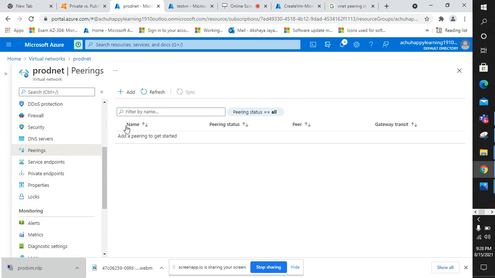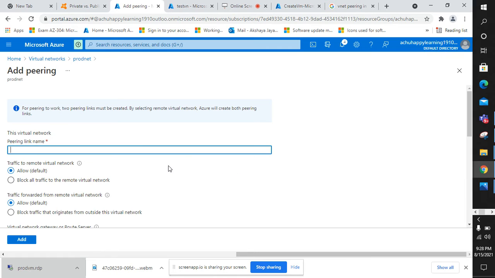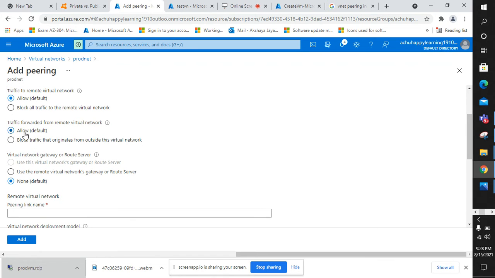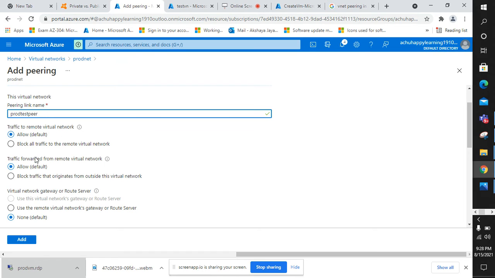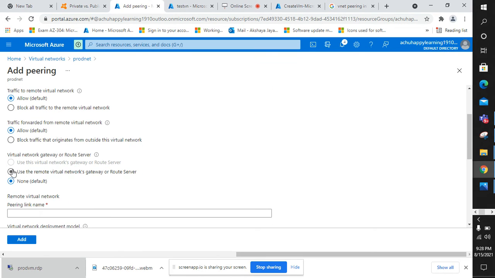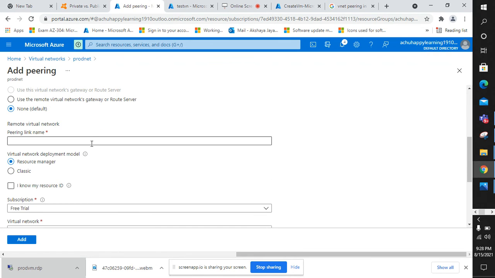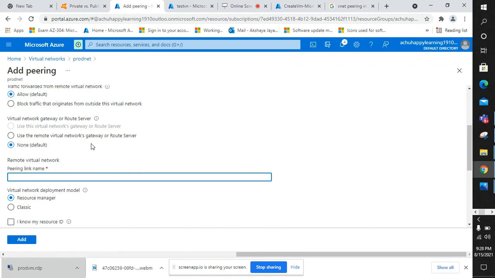I will just go ahead and add the peering connection. So we need to name something. So, prod test peer. So I'm just allowing all the traffic. It is telling allow the remote virtual network traffic forwarded. So we are giving all the options enabled, and the remote peer name, same, I'll keep like prod